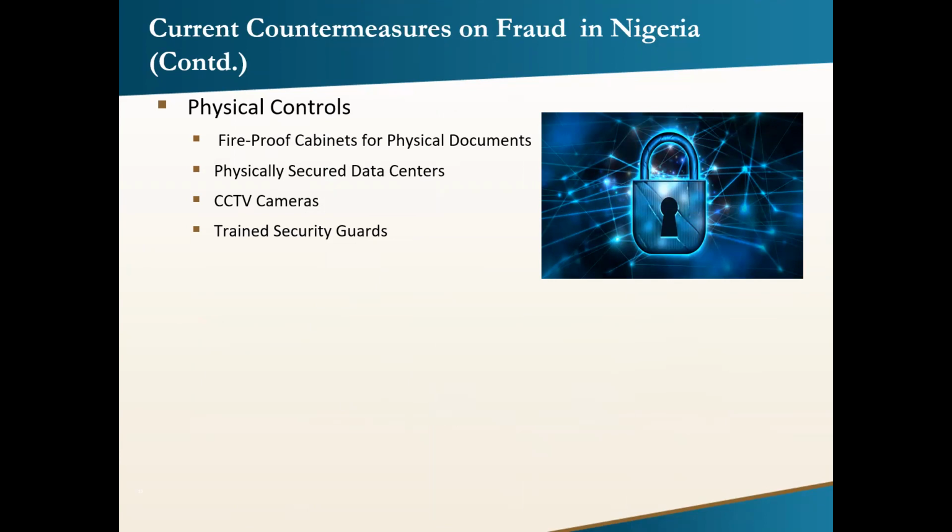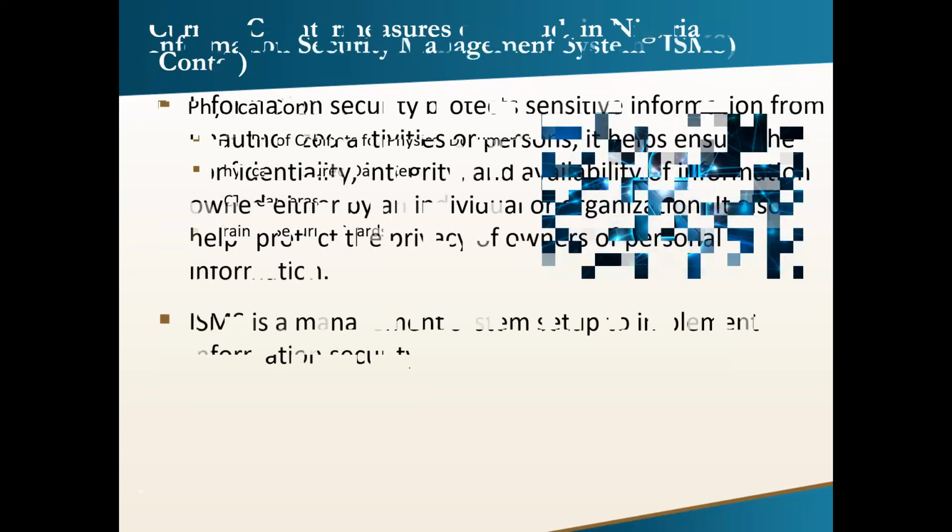Because the surprising thing is that for most of these information systems, especially servers, username and password are not enough to protect them. There are ways of bypassing all these things. So that is why it is also very important to ensure that in addition to having a username and password on these systems, you also physically protect them, even if it means locking them up with a padlock. If you cannot get access to them physically, then it's going to be very difficult circumventing any sort of software-based security on these systems. Then physically secure your data center, CCTV cameras, and also ensure that you have trained security